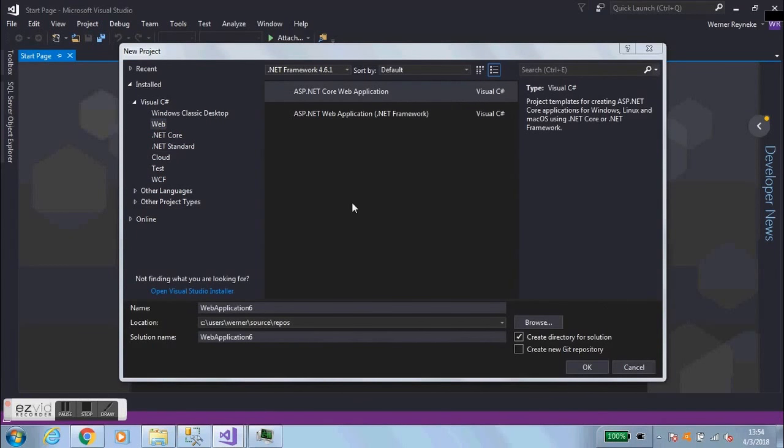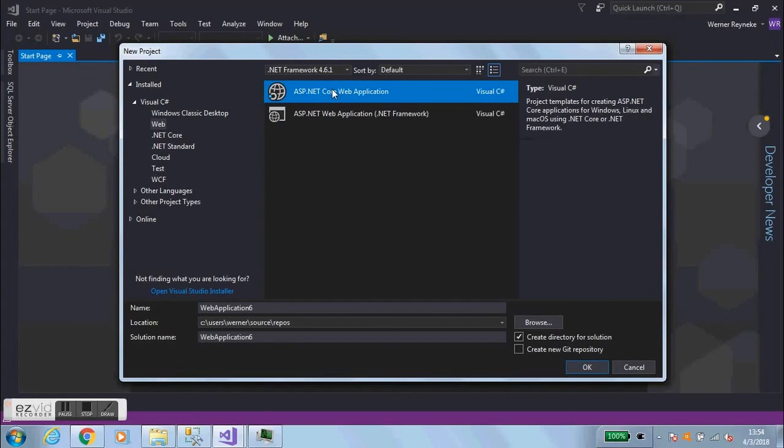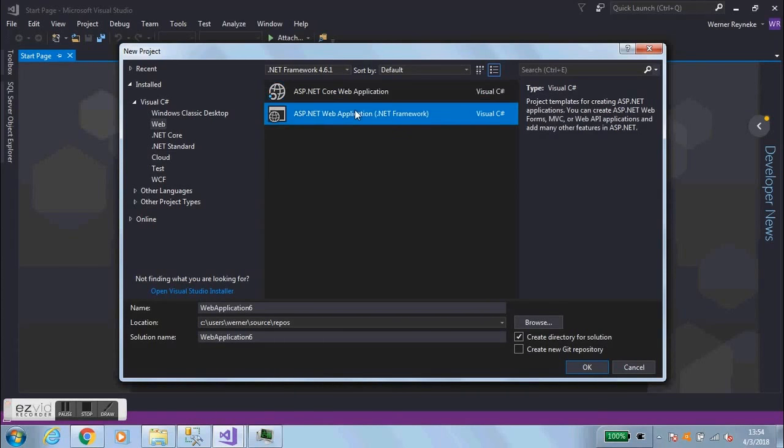You're going to select, in this case, ASP.NET Web Application .NET Framework. Make sure not to select the ASP.NET Core Web Application. Just as a side note, in another video I uploaded recently, I do show you how to do this in .NET Core as well, so in ASP.NET Core. But in this one I'm just going to use the regular .NET Framework, ASP.NET Web Application,